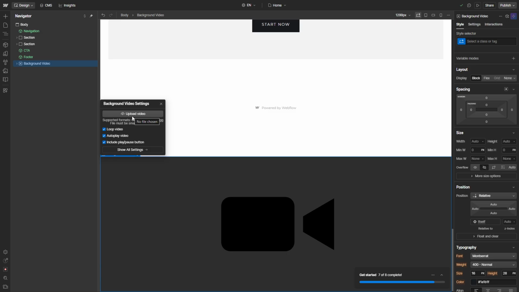Once your video has been uploaded, you'll want to ensure that it plays automatically. This is where the autoplay video feature comes in handy. It's time for you to look for and click on Autoplay Video. This feature enables your video to start playing as soon as someone lands on your webpage, creating an immediate and